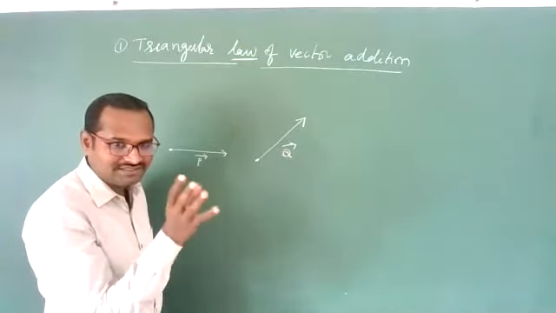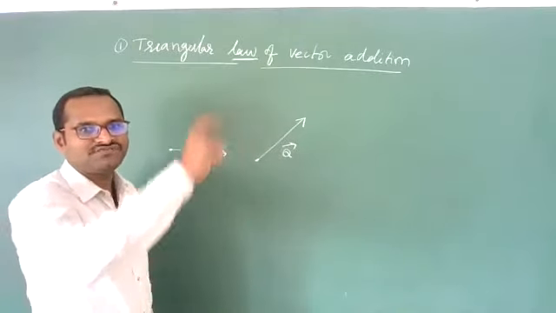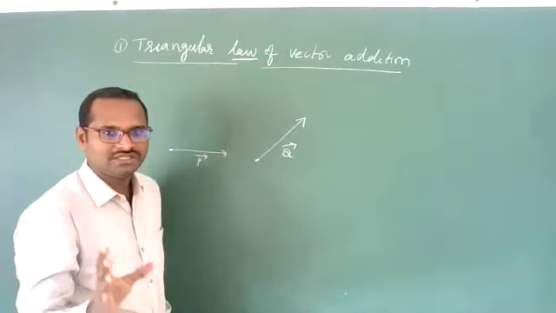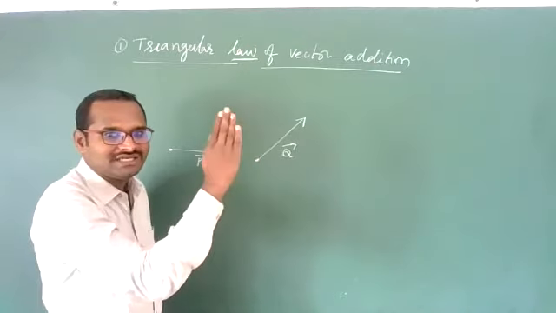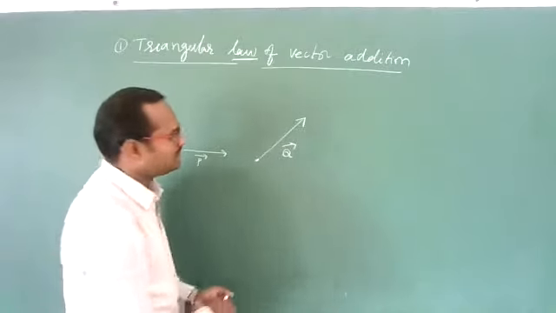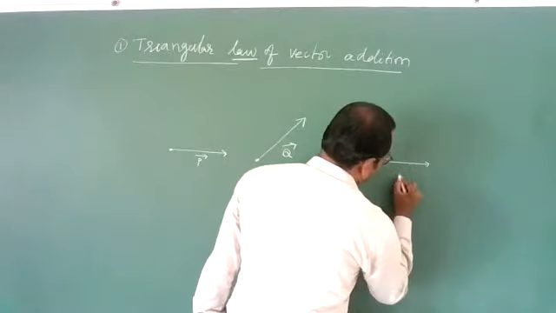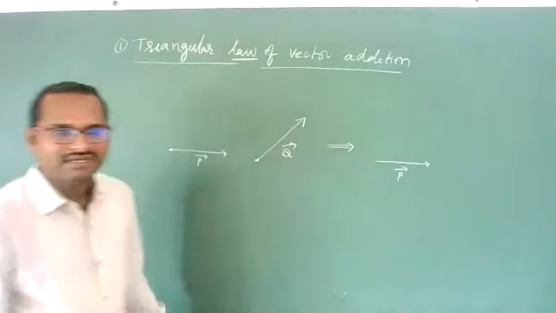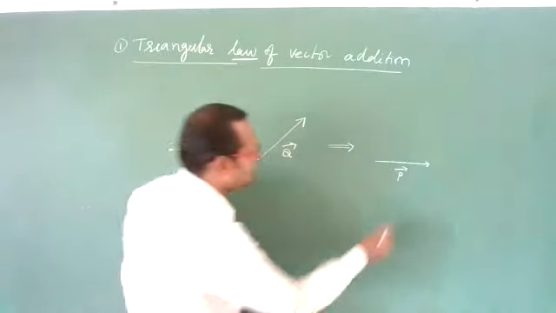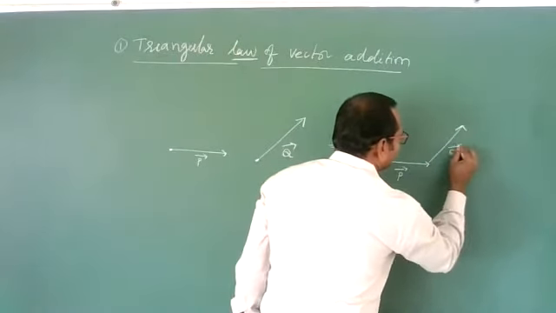and keep it in contact with the head of the first vector. While you are doing this, you should not change the direction of that vector, but you can shift the position up, down, forward, backward. You can shift the position, but you should not change the inclination. It is like this, please, you should not make it like this. So if you add these two vectors, it appears like this: the first vector p bar, and the second vector, q bar, in contact with it without changing its inclination.